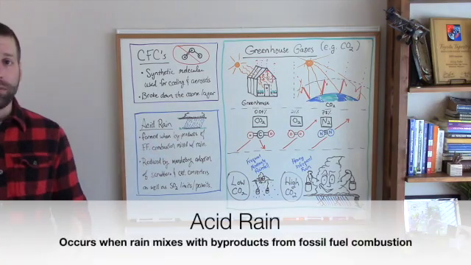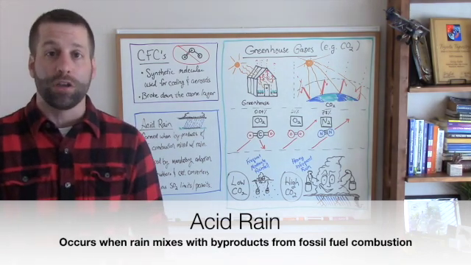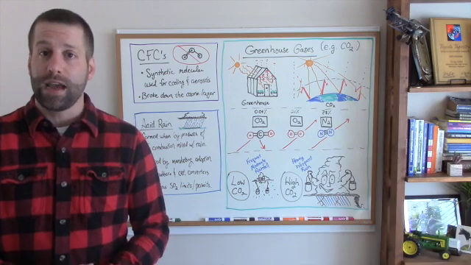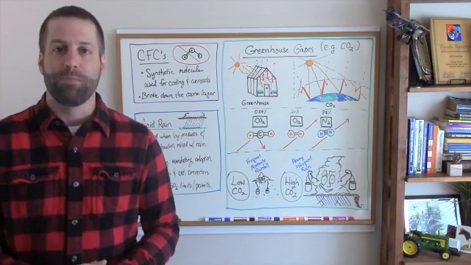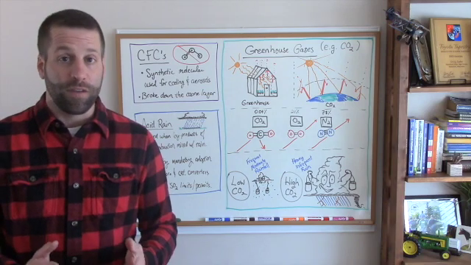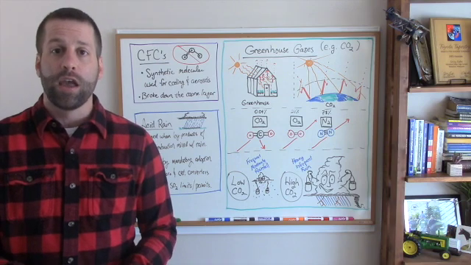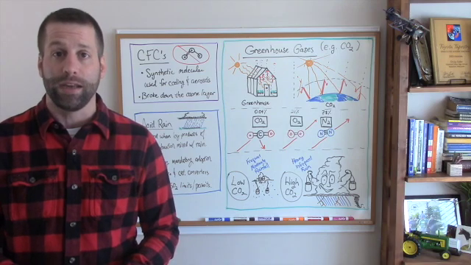Acid rain was a problem that occurred when the byproducts of combusting fossil fuels mixed with precipitation, forming acidic rain. Acid rain was addressed in the 1990 Clean Air Act amendments in the United States. This legislation mandated that automobiles be fitted with catalytic converters and power plant smokestacks be fitted with scrubbers to remove some of the substance from combusting fossil fuels that helped cause acid rain.